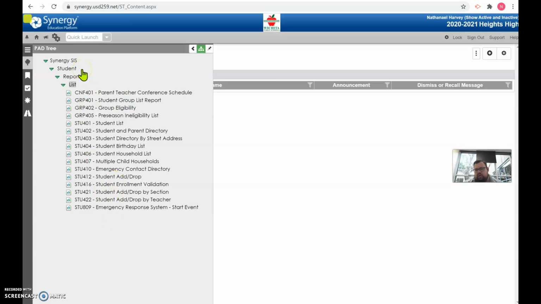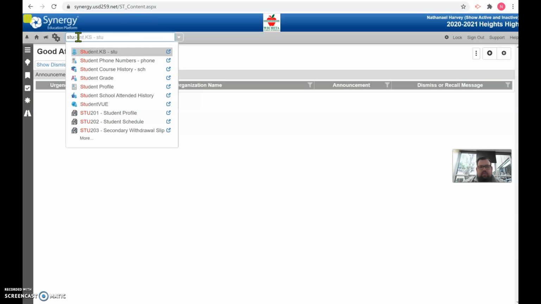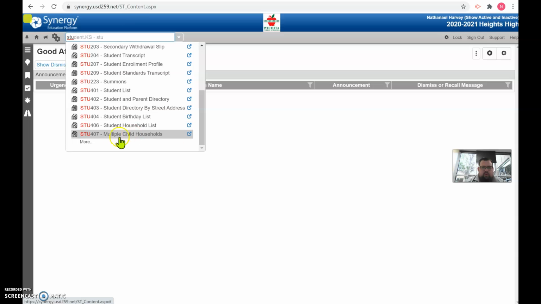Or I want to show you a pro tip. Type or click into the quick launch bar here and type in STU. And you'll see a few different things pop up: student grade, student profile, student view. But then you'll start to see other reports that you can run, these STU with the numbers after. Do not click on more, but if you hover over more, it'll offer you a whole bunch of different reports